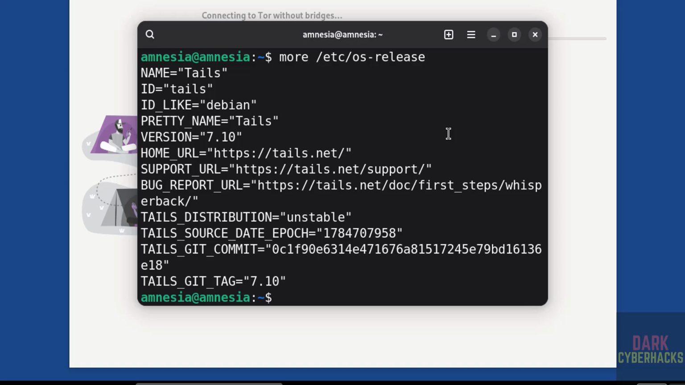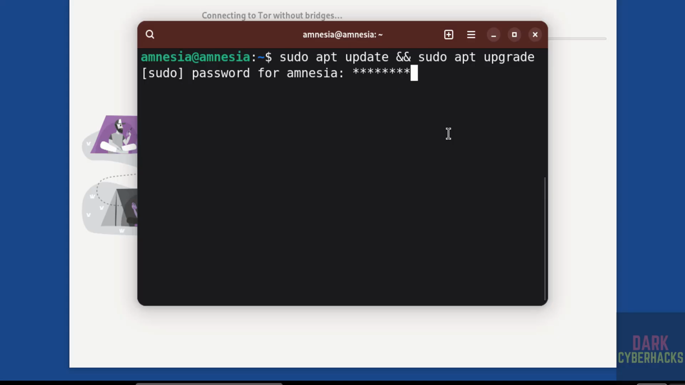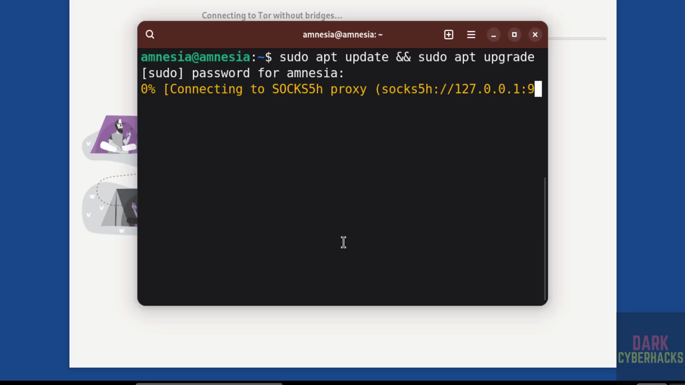The first step after connecting to TailsVoice is to update the packages: sudo apt update and sudo apt upgrade. Here we have to provide the administration password. Okay, it is establishing connection. Okay, so in this video we have seen how to download and install